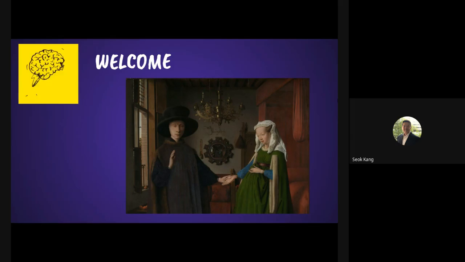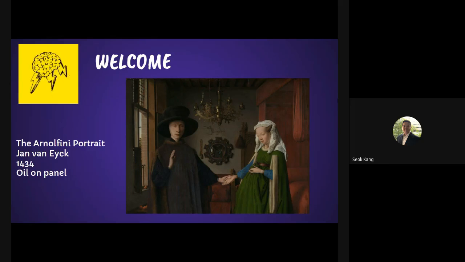Okay, but this painting is pretty weird. A lot of you said they looked weird and they looked like aliens. That is because this was painted in the 1400s, specifically 1434. So basically 600 years ago. The painting's name is the Arnolfini portrait. It was painted by Jan van Eyck, 1434, and it is an oil painting on a panel. Okay, we're going to be looking at this painting a couple more lessons, but yeah, their faces sort of freak me out a little bit.